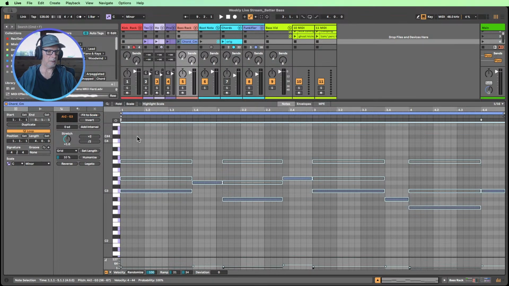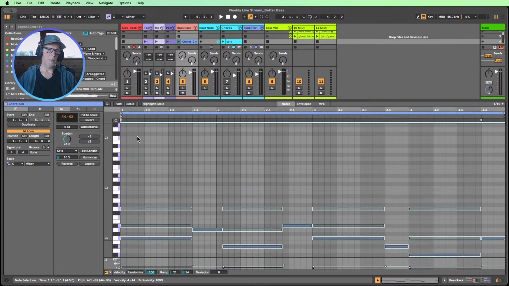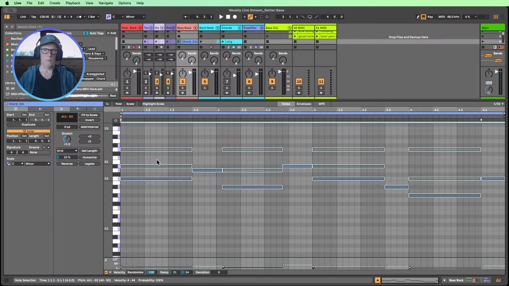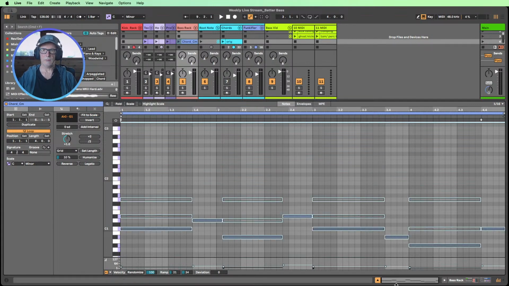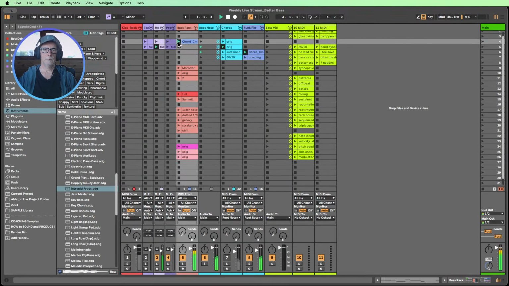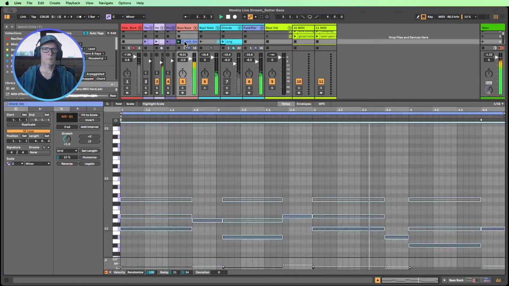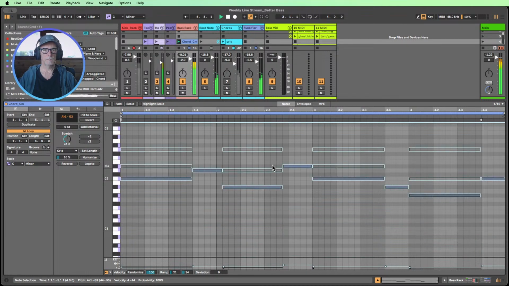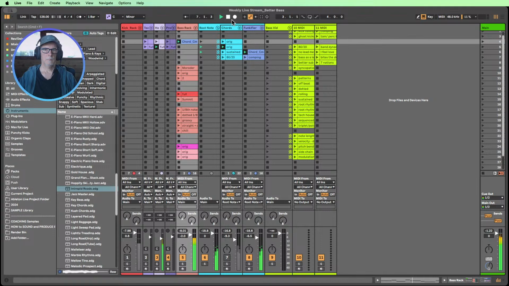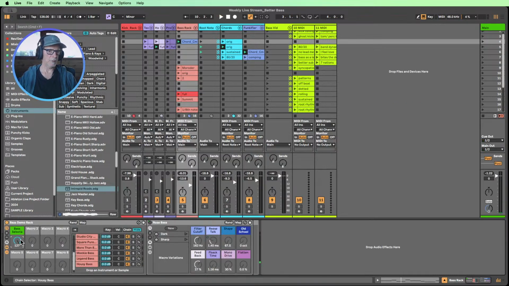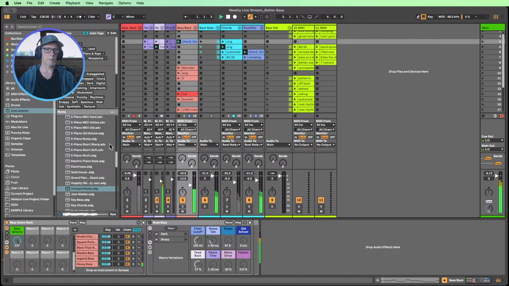And then let's bump that down an octave or two. So now we're down into 1 to 2. We might go one more lower, see what that sounds like. Maybe a bit too low. Let's try it up one. And now let's maybe dial in a new bass sound. So one of those more plucky ones, perhaps.